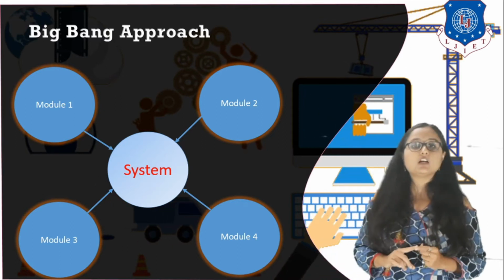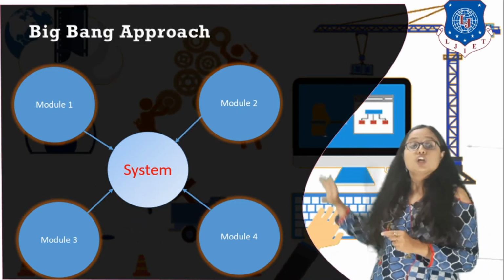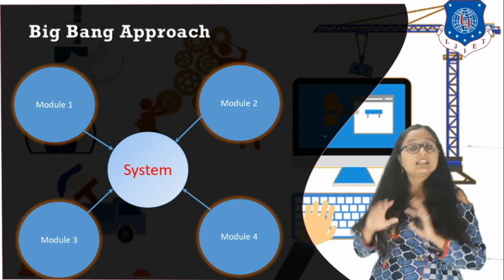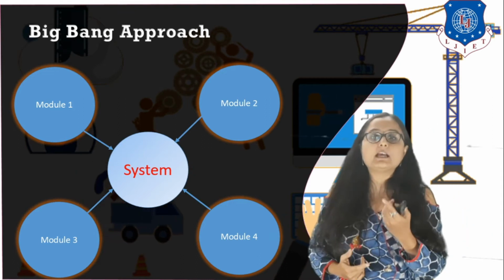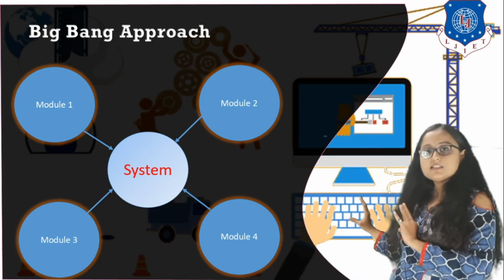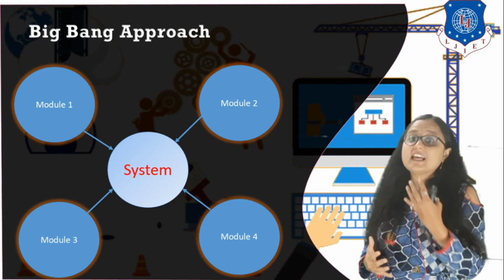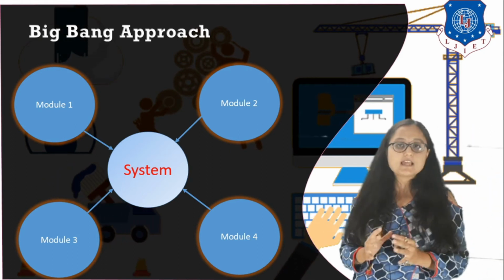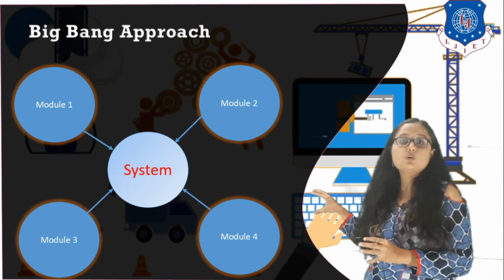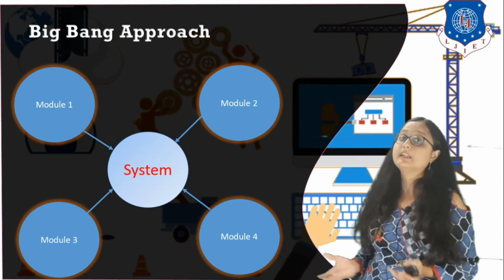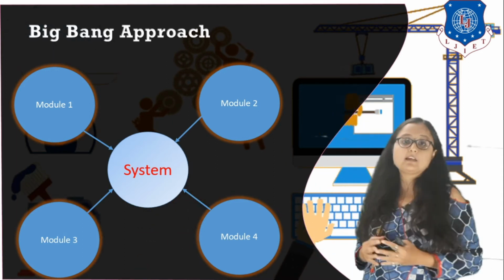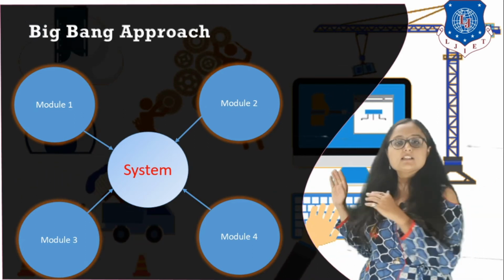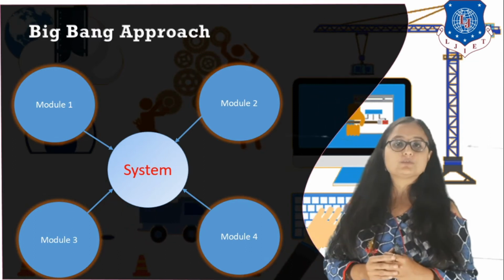What do we mean by the Big Bang approach? It means that you code all the modules, individually test them, and then you integrate them all at the same time and test them. So simultaneous integration of all the modules and checking for consistency or errors is known as the Big Bang approach. When can you use the Big Bang approach? When the construction of all the modules is completed. Only then can you use the Big Bang approach, because you are combining all the modules and then testing them. What is the basic disadvantage of the Big Bang approach?